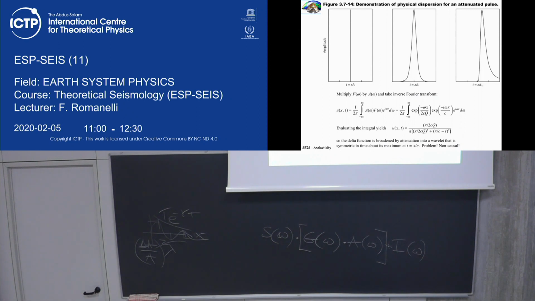Now this one is different, because now the system is homogeneous, infinite. So we have maybe just a P wave. But now it has not an infinite Q. With an infinite Q, a delta stays a delta. But with Q not infinite and constant, the delta becomes this. Not good. We are violating the causality principle.